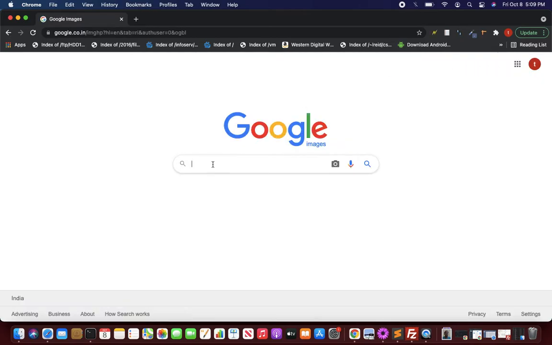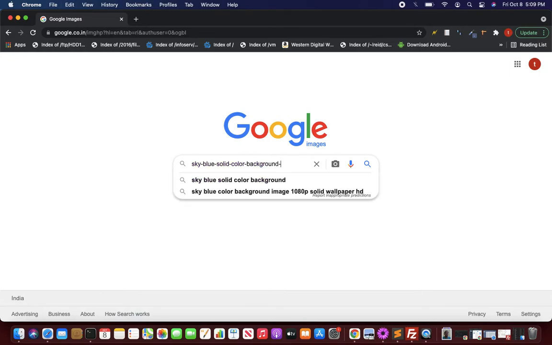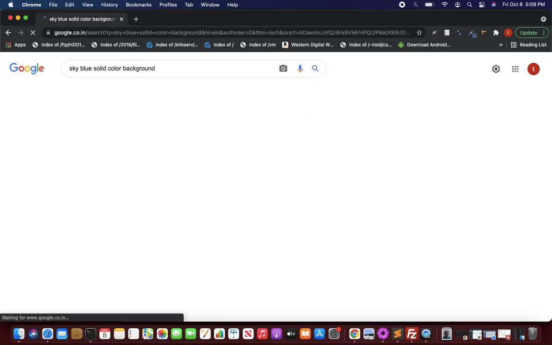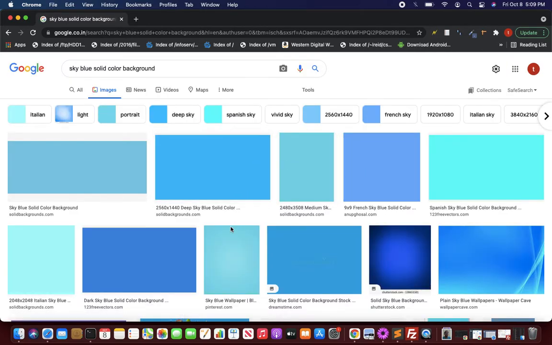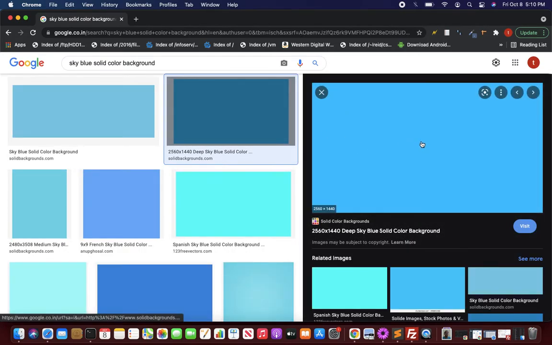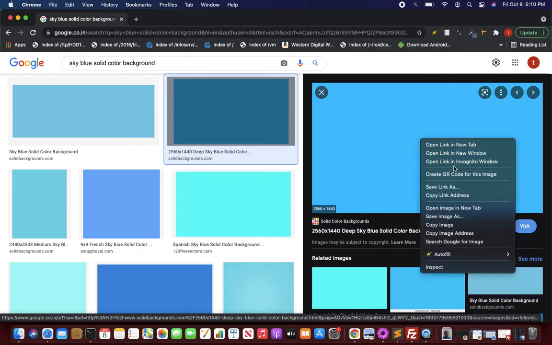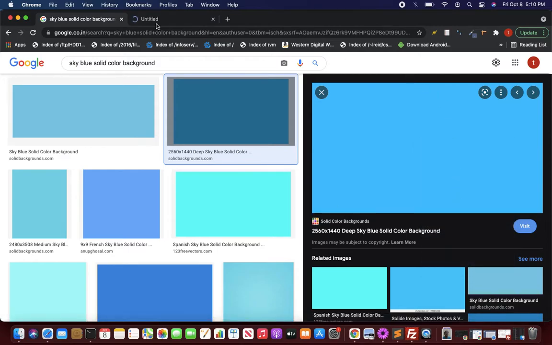Once I am on Images, I just paste what I said: sky blue solid color background, and click. I find this one very good, or even this one is quite good, so let me open it. It opens in another small frame. I can also open the image in a new tab for full resolution.